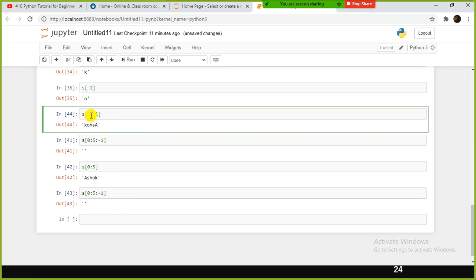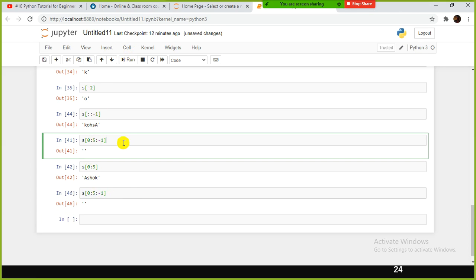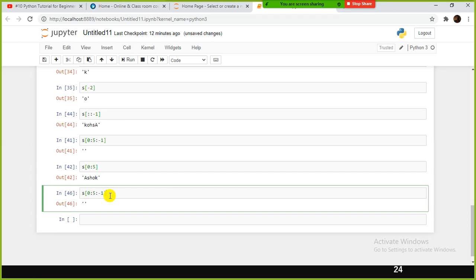But if I don't specify and go from the beginning till the end with -1, it is a reverse string. But if I use 0:5:-1, it gives me nothing. What is the reason for this? Because you are reading the value from left to right but printing the value from right to left. That is why it is giving empty output.